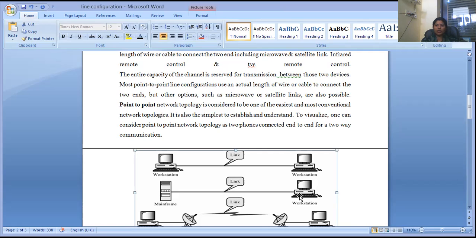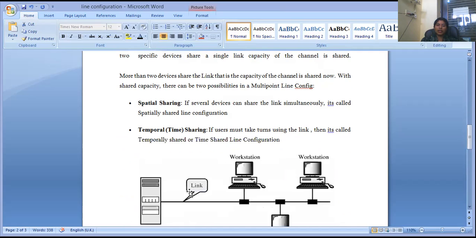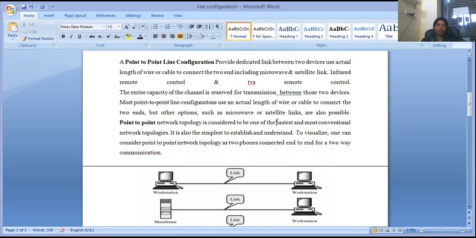line to line communication. Now, if we talk about multi-point configurations, then we can say that at the sender side there might be one and the same link with the same capacity, and at the same time it is connected with multiple points, multiple systems, multiple nodes, sharing the data from one node to other nodes quickly, isn't it? So if anyone asks you what the advantage of point to point is,